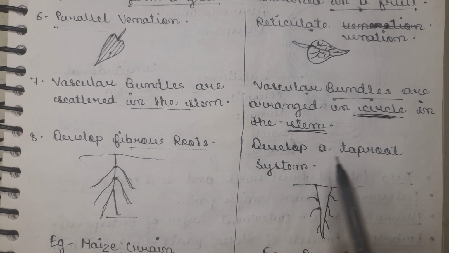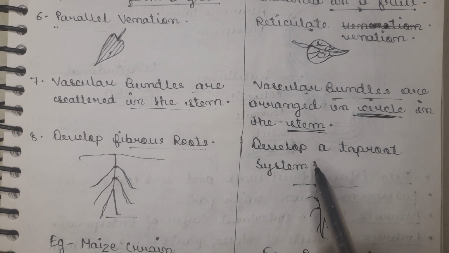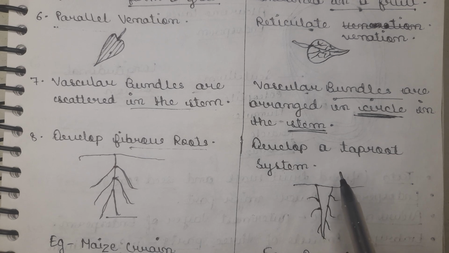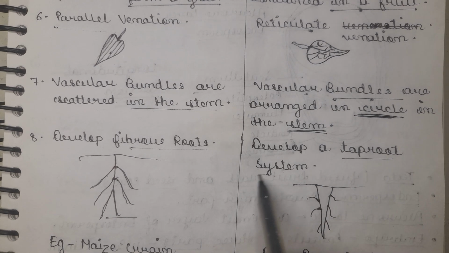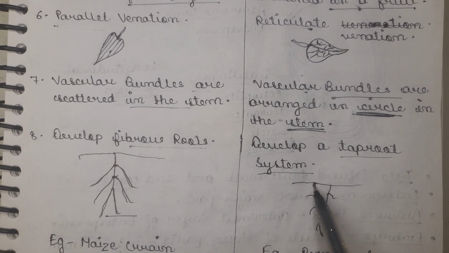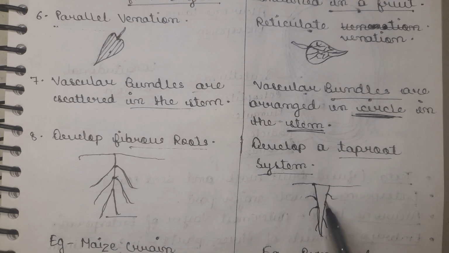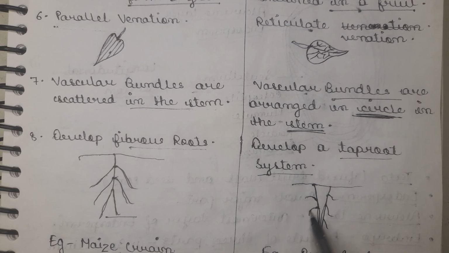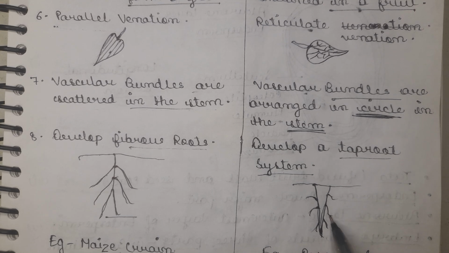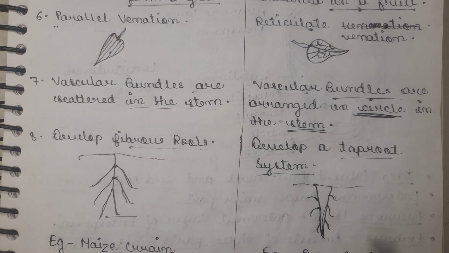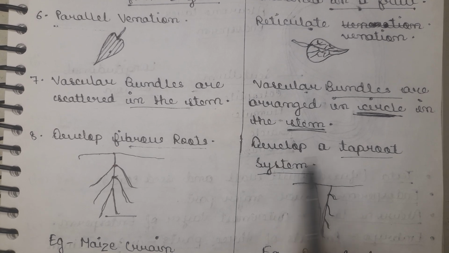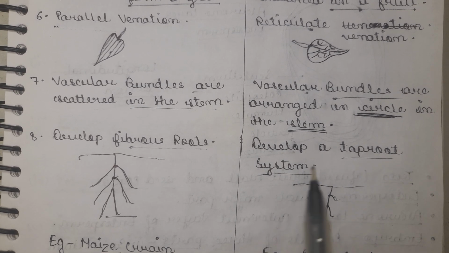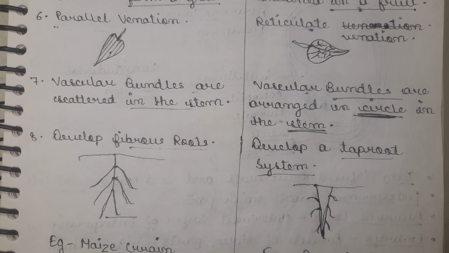And in the dicot seed, the plant has a taproot system. That means there is a main thick mid root, and from this mid root small hair-like projections, the root hairs, project outward from this main root. So this is the taproot system that is found in the plant of the dicot seed.